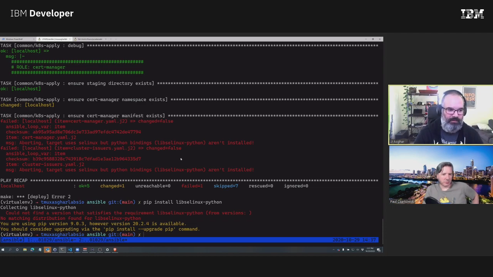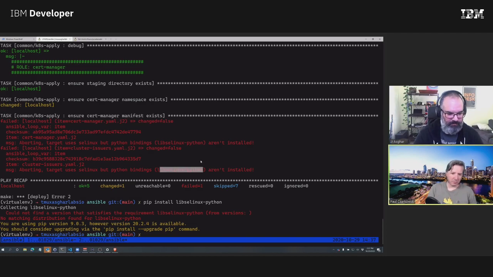According to this, it's already installed. Maybe it is a pip thing and it just doesn't give us the correct name. What does the Googles tell us?